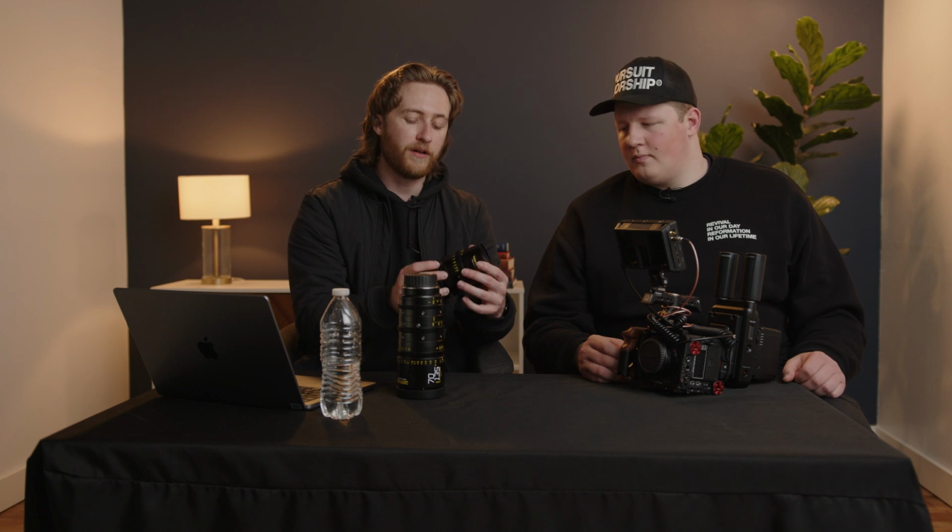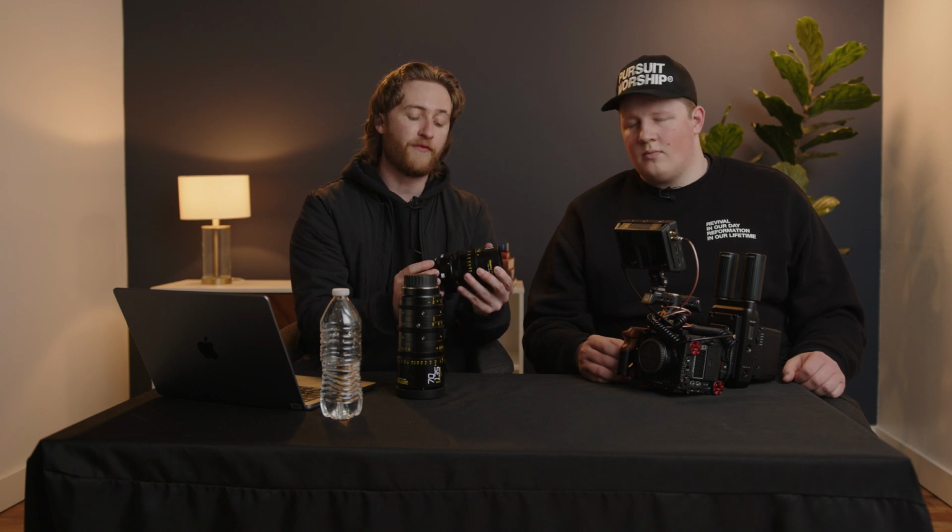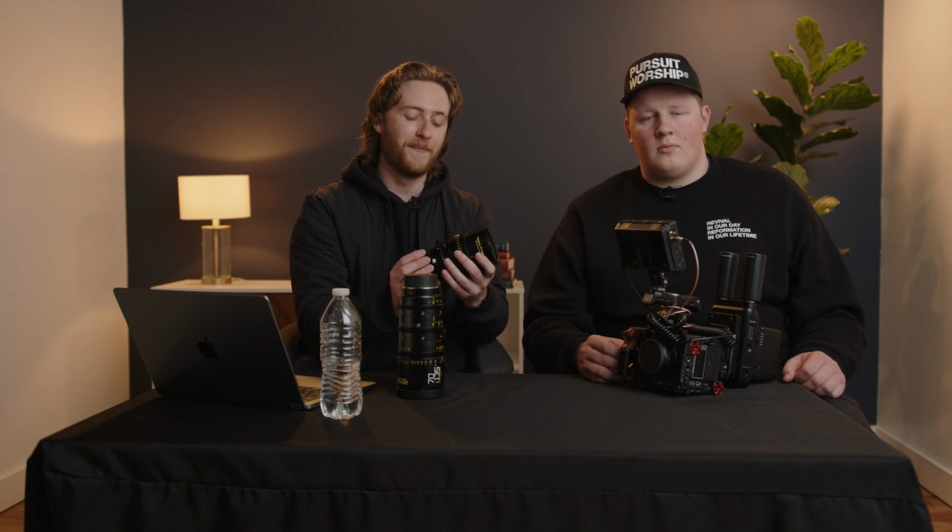Yeah. And I would have left it like this if it weren't for the fact that every time a volunteer needed to put a lens on, they needed help. If you have volunteers that are running this, especially younger ones, do not get PL mount lenses. It's just so important to be able to have a lens adapter or a lens that you can easily connect